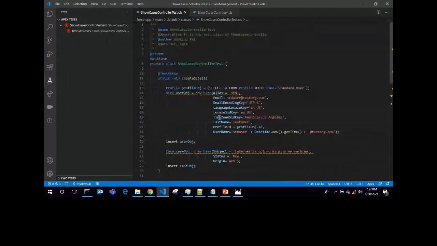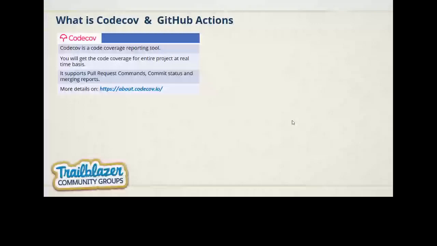Now we will check how to use Codecov to check code coverage. We will go through it one by one. First of all, what is Codecov? Codecov is a code coverage reporting tool. You will get the code coverage for the entire project for your org on a real-time basis.